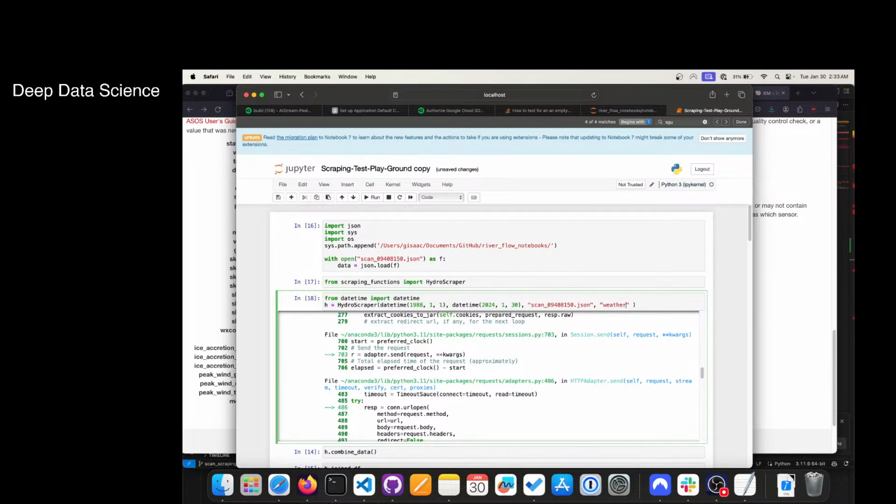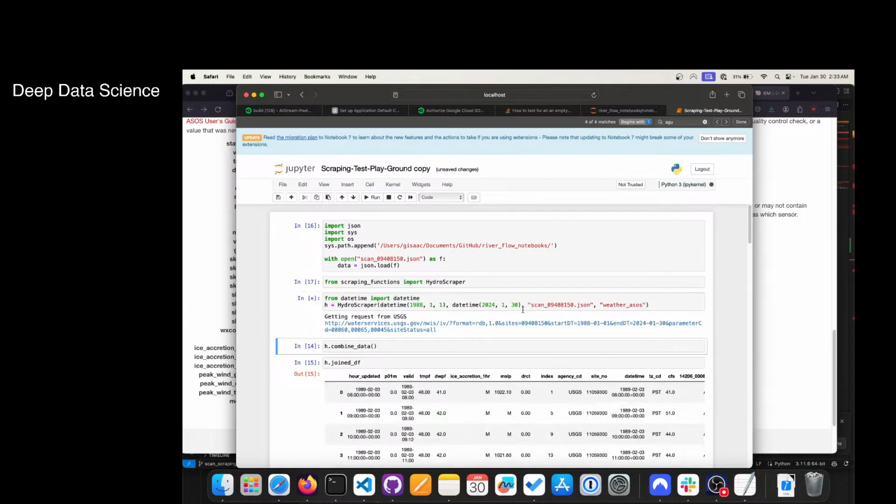Weber ASOS. So we'll try that. Okay, so we'll just sit back and wait while this runs. I think that should have solved all the problems, but